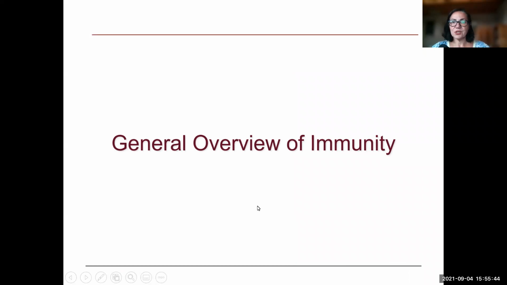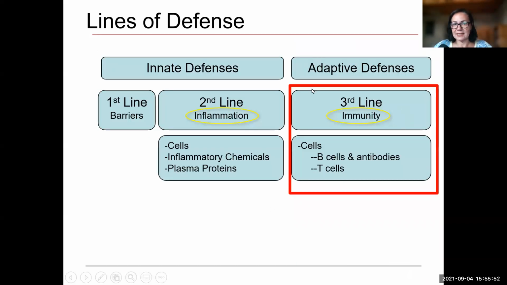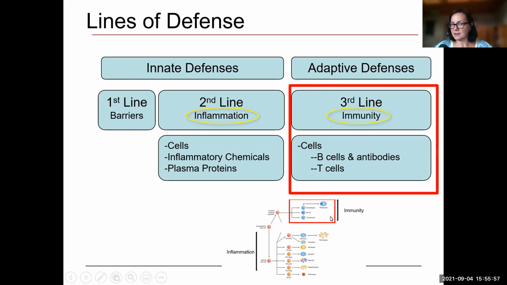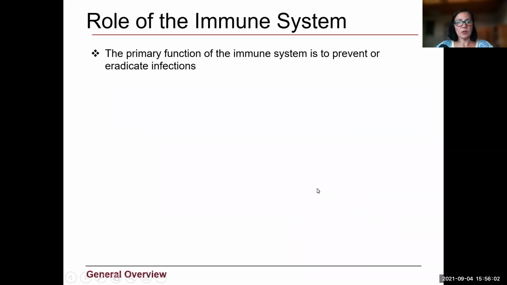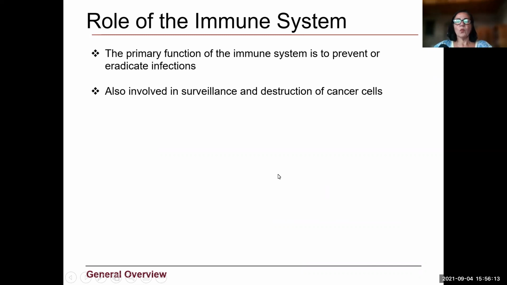That brings us to the end of inflammation for this overview, and we're going to move over to the general overview of immunity, and that's this side, the adaptive defenses. Remember, the cells of immunity, they come from the lymphoid line. So what it's for, like the inflammatory response, it's to prevent and eradicate infections, get rid of infectious agents. What's less well known, but quite important in its functioning, is it's also involved in the surveillance for and